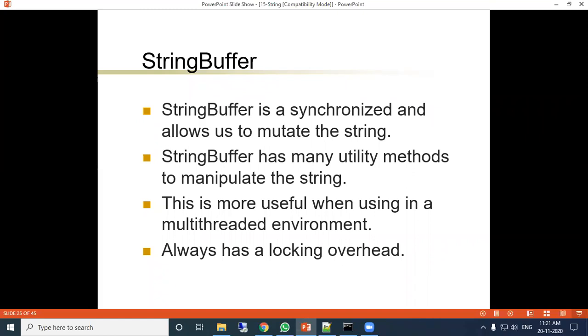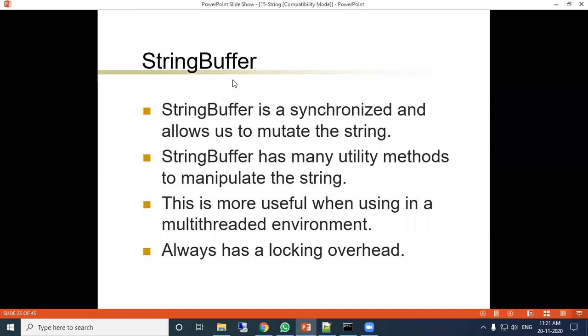Another is synchronized. We have discussed the synchronized concept in multi-threading. Whenever multiple threads are used and it is synchronized, then only after completing the complete task will it be allowed to the other thread. So that is called synchronized. Once a thread is busy in a process, another thread should wait.